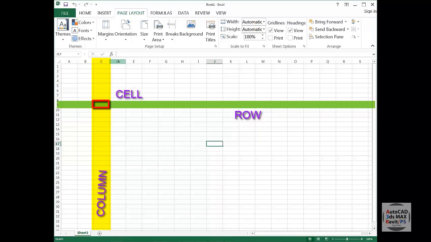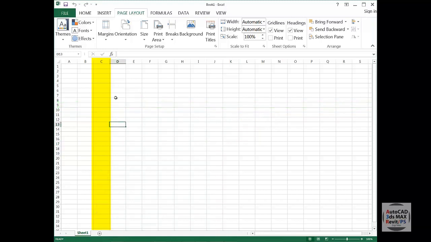For example, if I click on this point, this is the intersection of column D and row 13, so the name of this cell is D13. Similarly, if I click somewhere here, it is in column I and row 6, so the name of this cell is I6. Basically, a cell is an intersection of a column and a row.